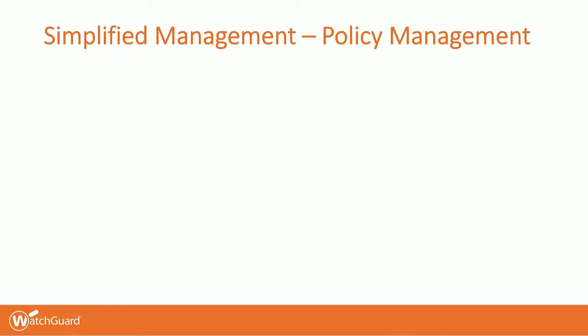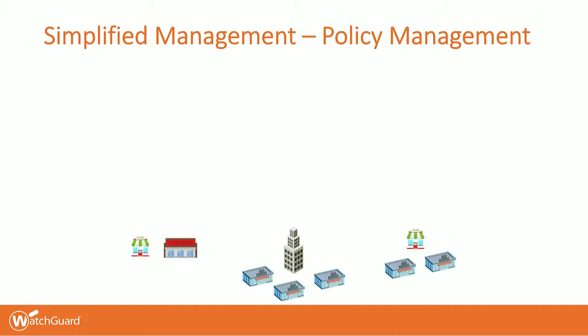Next, let's focus on some of the management-related functions when it comes to configuration and policy management. Remember, I mentioned it's very important to address multiple locations, and it's also important to see that you're not adding to your total cost of management by shipping people to all these locations. So this is where, again, in a true MSSP model, it's important that you are able to centrally manage your